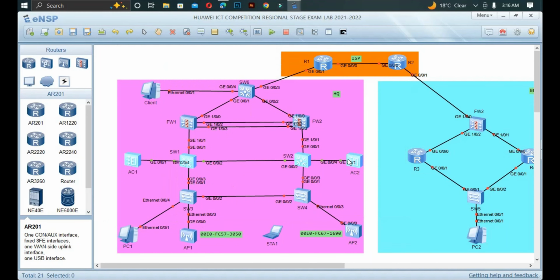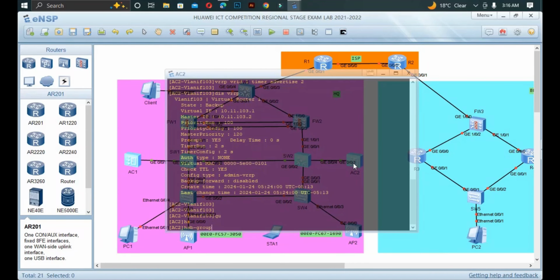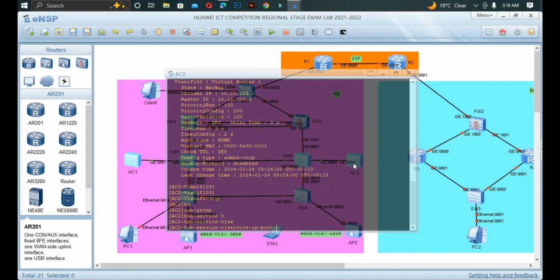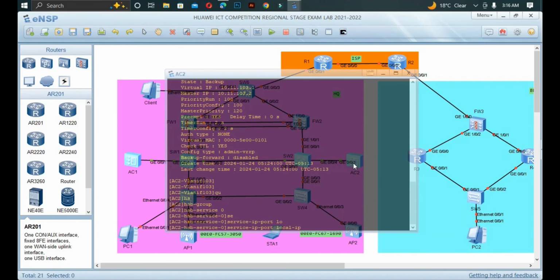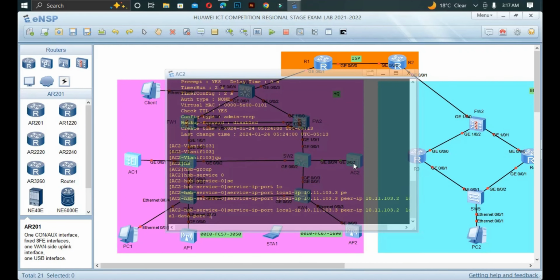You do the same on this AC number 2. Quit and now create HSB service 0. Here, service port, the local IP address will be 10.11.103.3. That is the IP address for AC number 2. Then peer will be for AC number 1. That is 10.11.103.2. Then local port here will be 10.241. Peer port